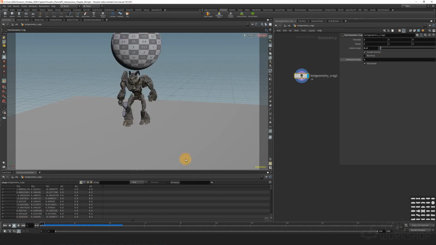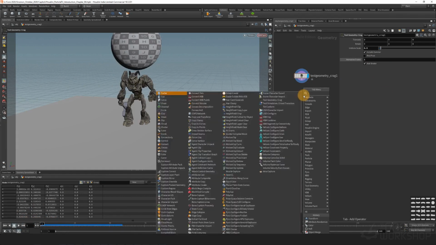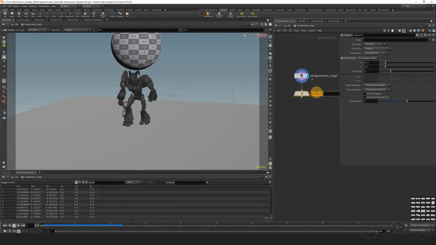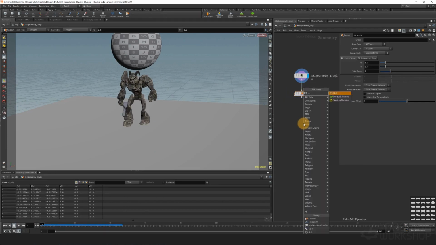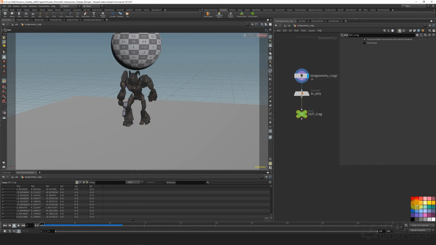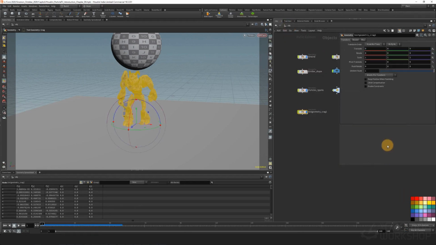Okay, let's stop it. We go to convert as polygon to poly, and then let's use a null point. This one is out crack. Okay, so let's go, the icon is the right one, let's go with a different color. Nice, let's go in the